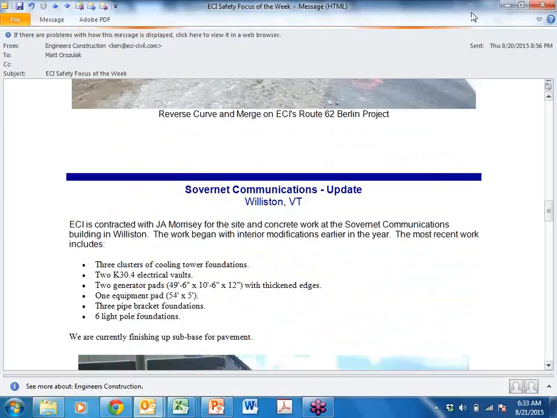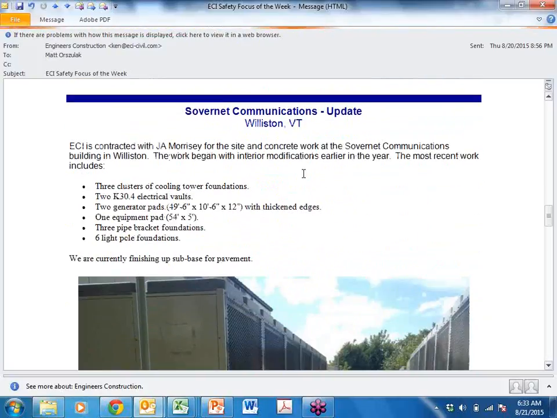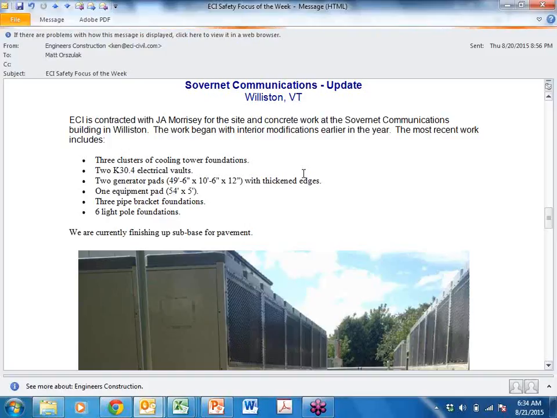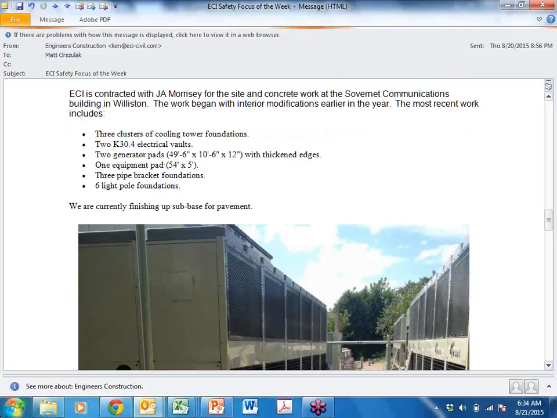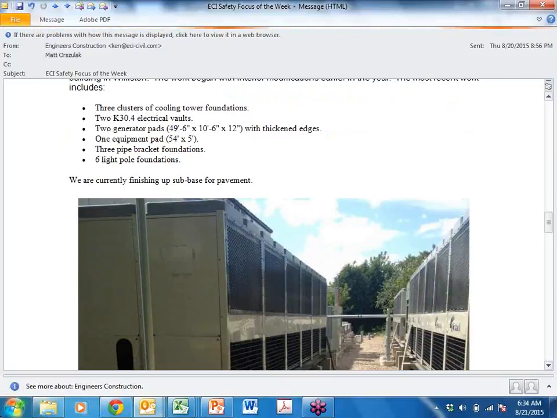So this week's project is covering the SovereignNet communications. This is an update. Remember we profiled this job back in the winter when we started some internal slab work, demolition and rebuilding slab with conduit underneath the slab and everything. They have some kind of communication building here. And our work that's going on now, or just getting wrapped up now, are 3 clusters of cooling tower foundations,